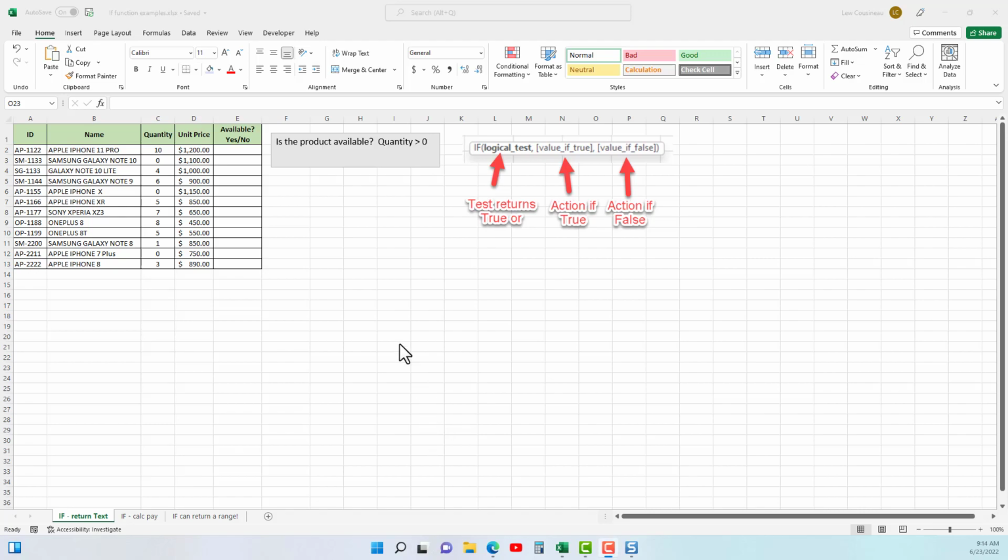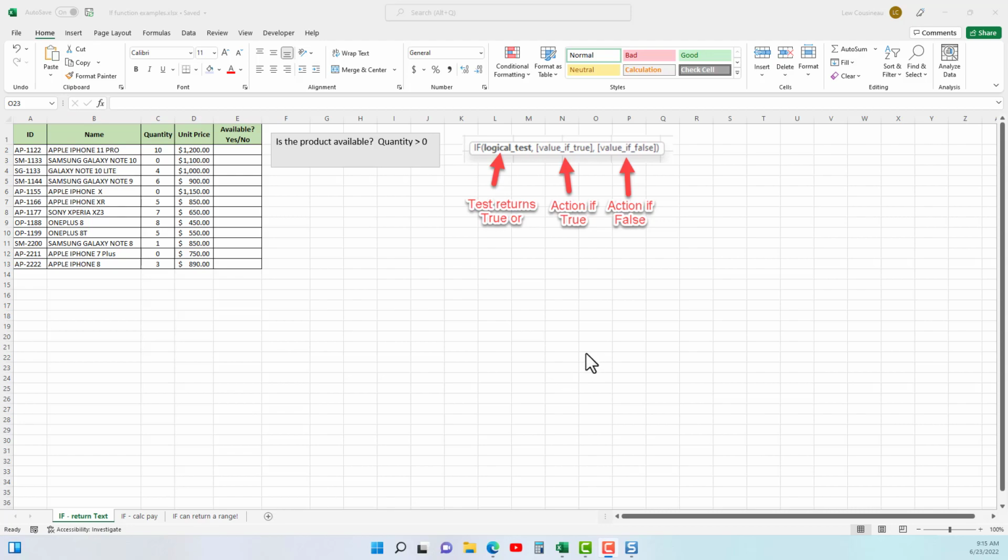In this video, I'm going to talk about the if function, which is used incredibly often in Excel. It's a powerful tool and it's not that hard to use. Like all functions, you want to ask, what does it need to do its job? And in this case, it needs three things. And what does it return? And what's incredible about the if function is it can return a lot of different things. It can return text, it can return a number, it can return a range, and we'll demonstrate all of those